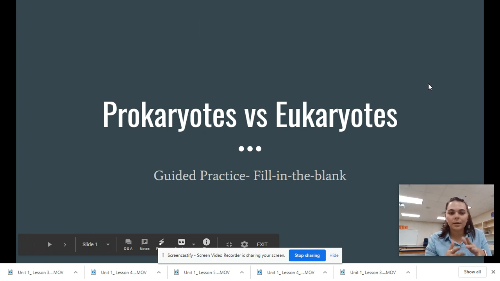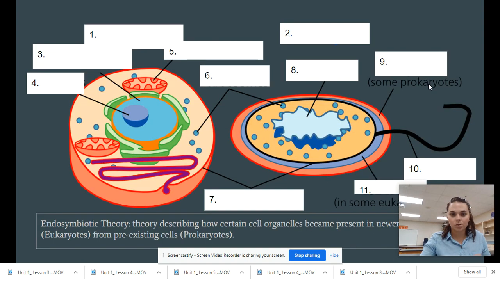So today we are going to be reviewing cells, and cells have progressed a lot over time. So we're going to talk about the similarities and differences between prokaryotes and eukaryotes. The first thing I want to talk about is the endosymbiotic theory. So when you're looking at my screen, as we go through this, I want you guys to be filling in